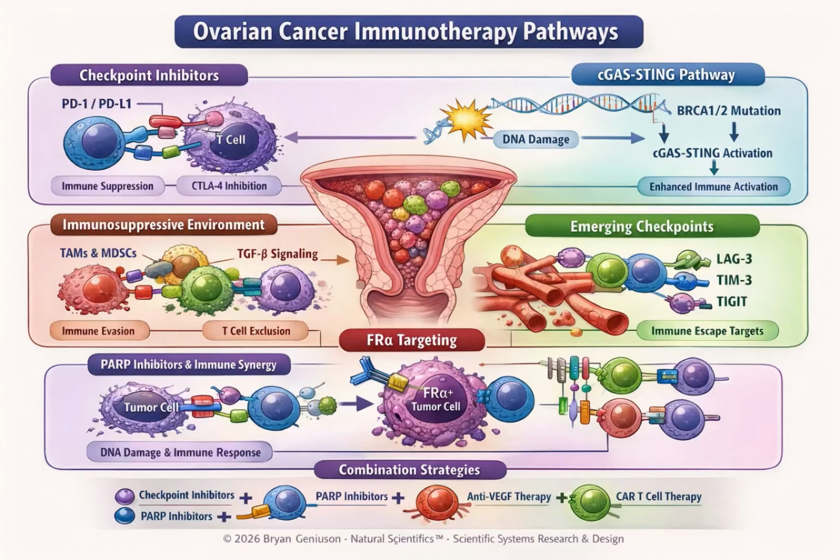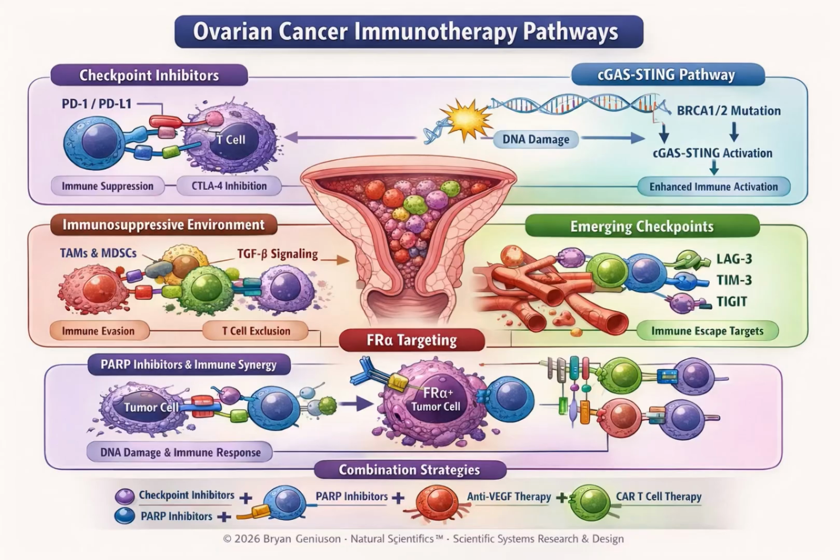Ovarian cancer, particularly high-grade serous ovarian carcinoma, often abbreviated HGSOC, represents one of the most complex immune environments among solid tumors. Unlike melanoma or certain lung cancers, ovarian tumors are frequently described as immunologically cold. This means that the tumor microenvironment often contains relatively low levels of activated cytotoxic T cells, alongside multiple mechanisms that